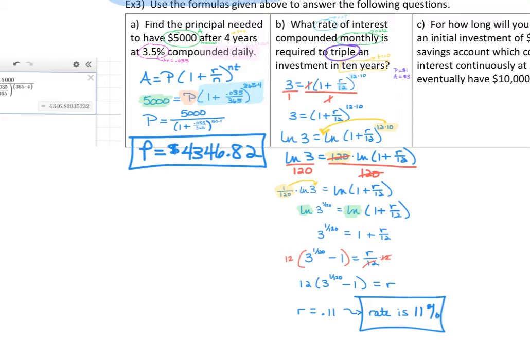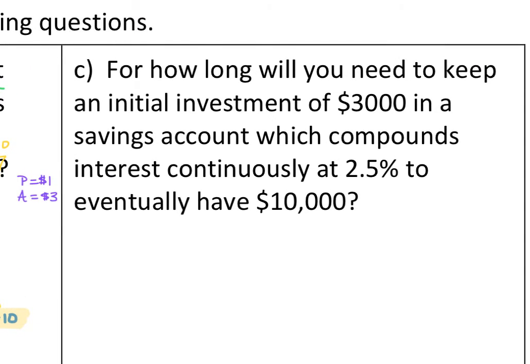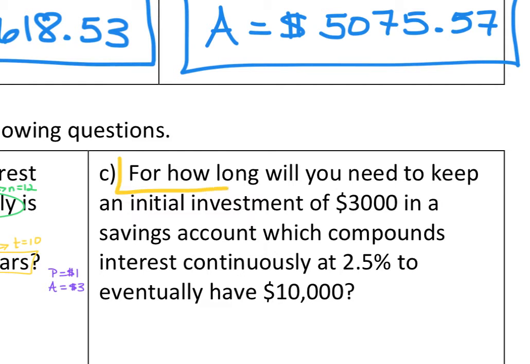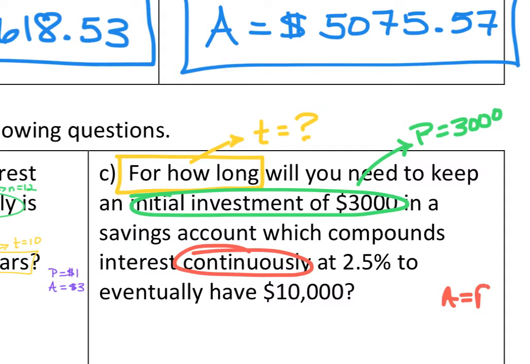Now, letter C is asking you to solve for the t value. So for how long, that means that you're solving for t. Initial investment means that P is 3,000. The interest is compounded continuously, which means that you're going to use the formula A equals P times